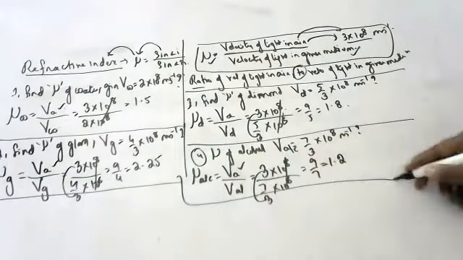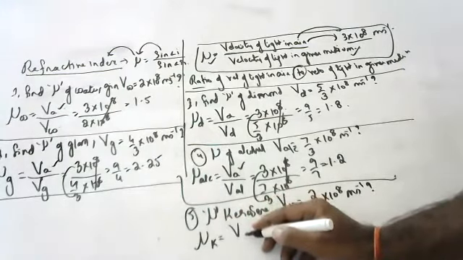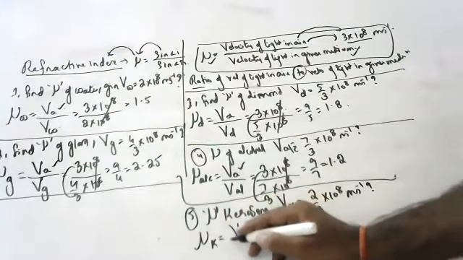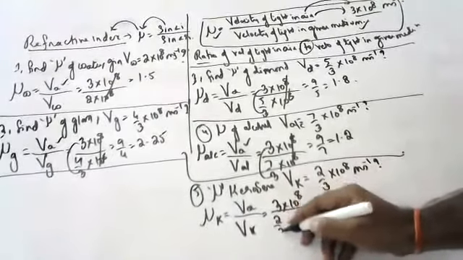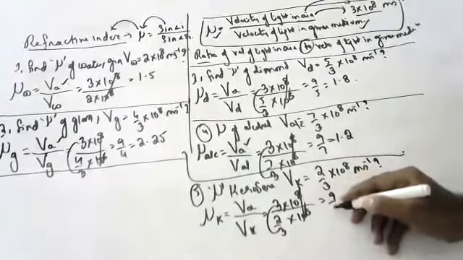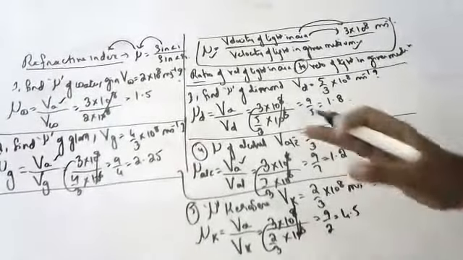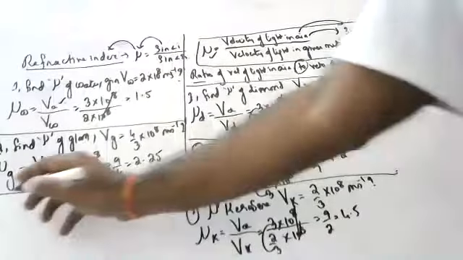Surya, can you tell how to do refractive index of kerosene? Sir, refractive index of kerosene is velocity of light in air by velocity of light in kerosene. How much is this? So 3 into 10 to the power of 8, and how much is kerosene speed? 2 by 3 into 10 to the power of 8. How much is that? Sir, 9 by 2. That is 4.5. Approximately 4.5. Children, these are not standard values, I'm giving some random numbers.